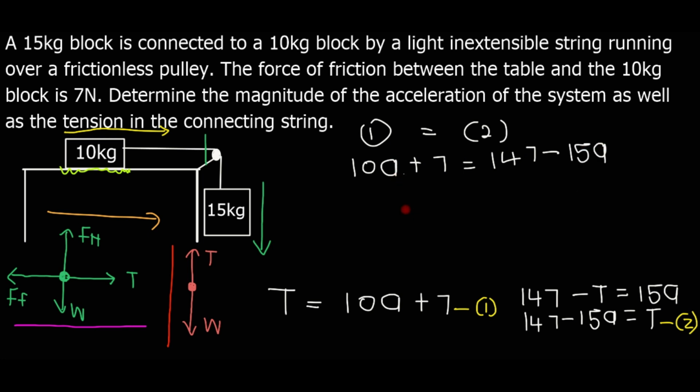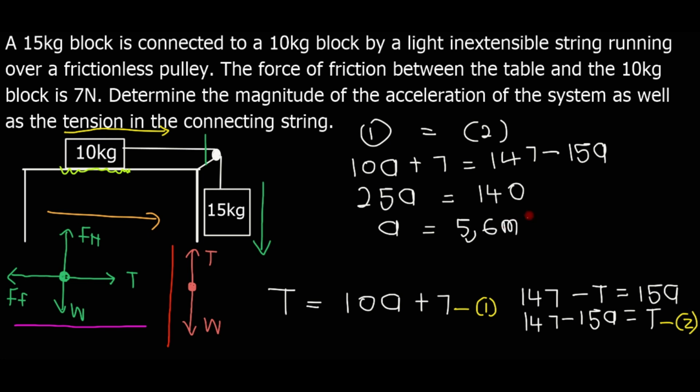So from there we move this minus 15a to the left hand side, and we have 10a plus 15a, which gives 25a. We move this 7 to the other side and we have 147 minus 7, which gives 140. And then now because we want the acceleration, we divide both sides by 25, so the acceleration